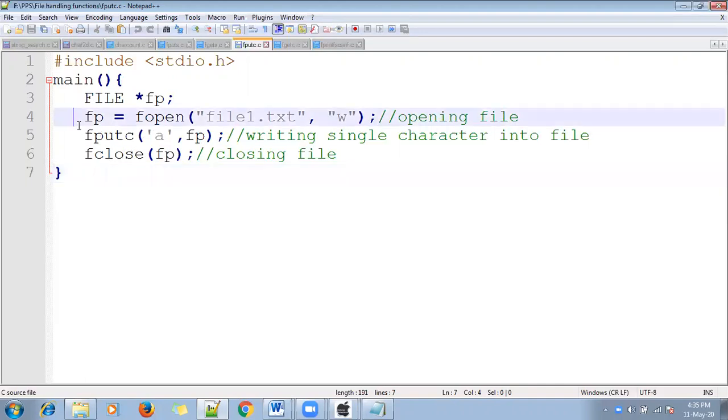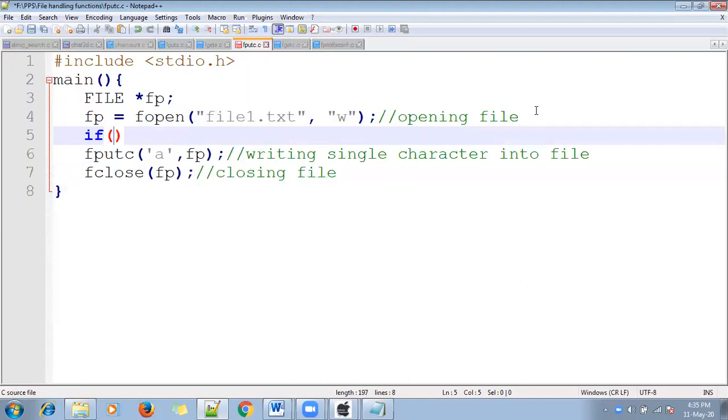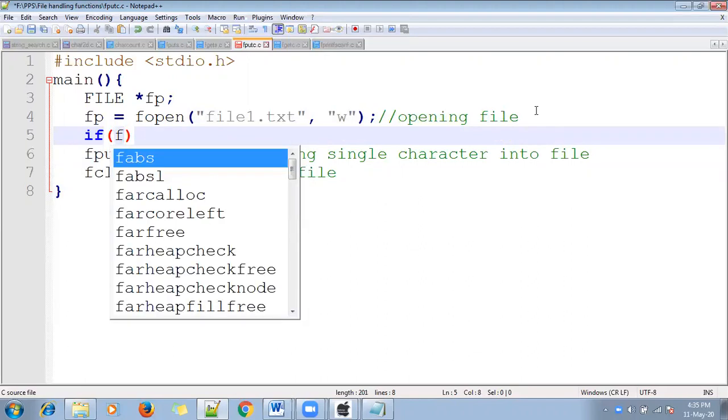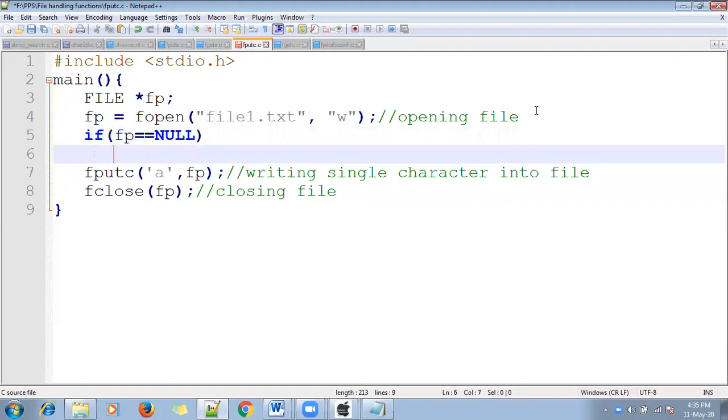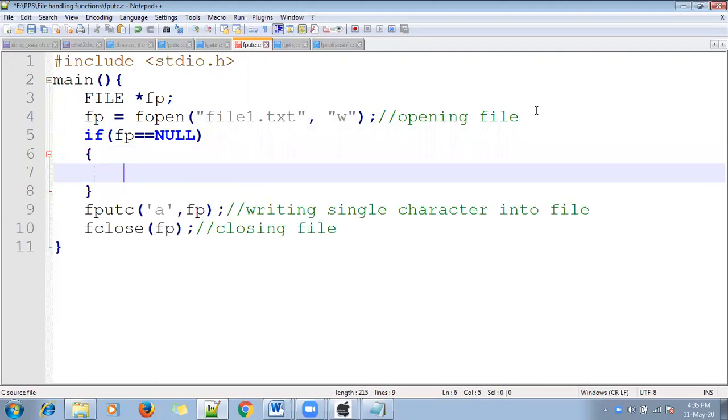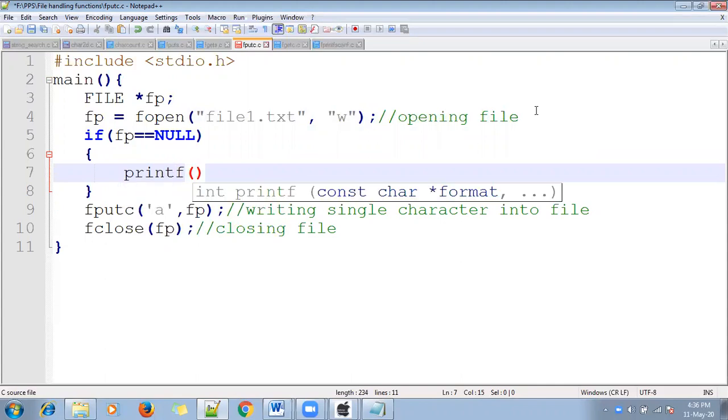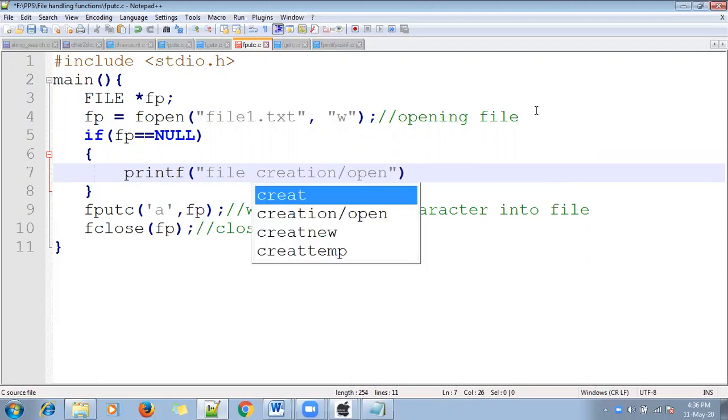Here you can check, you can write one more condition, that is if fp is equal to null, you can write a message, printf, file creation or open error.